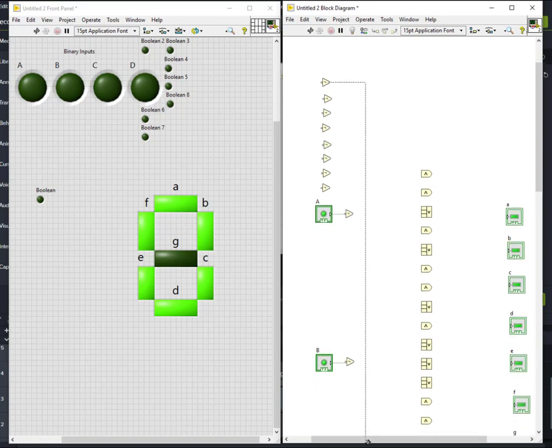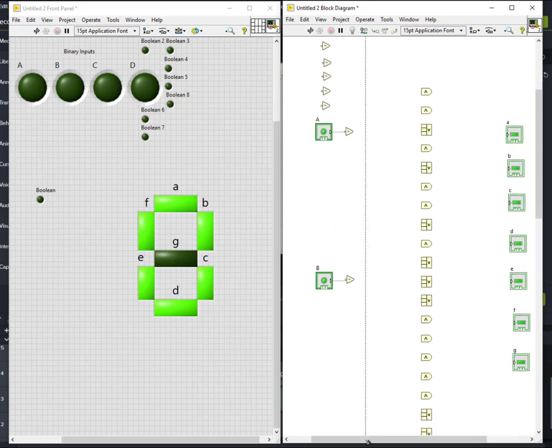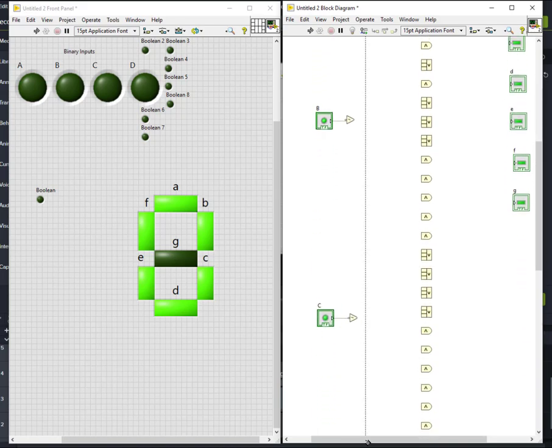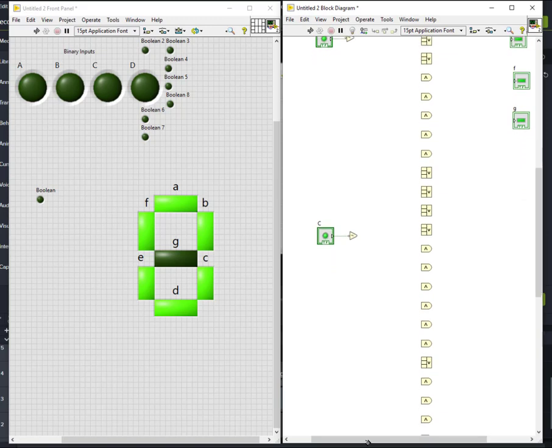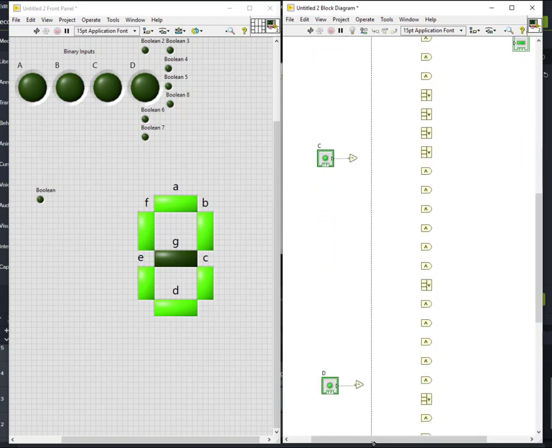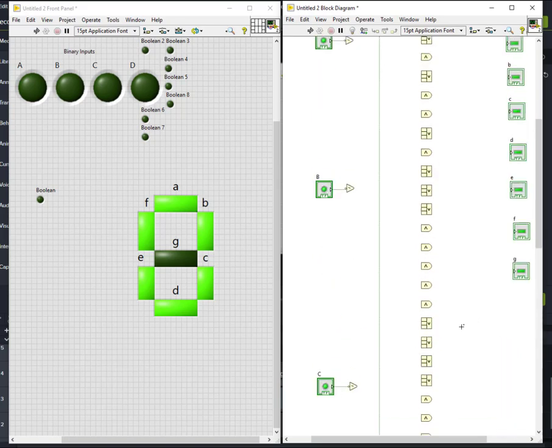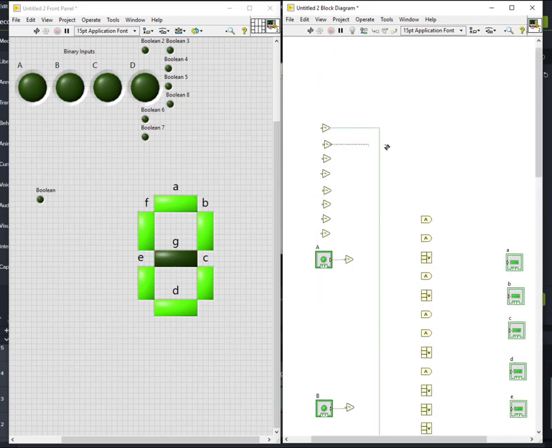So for now what I have to do is connect these line-wise to my circuit. For that I need to have some patience in doing this, because we don't have any scroll button when we are doing wiring. So this is a disadvantage of it. I add wires like this.